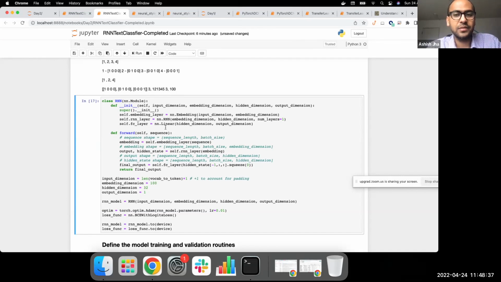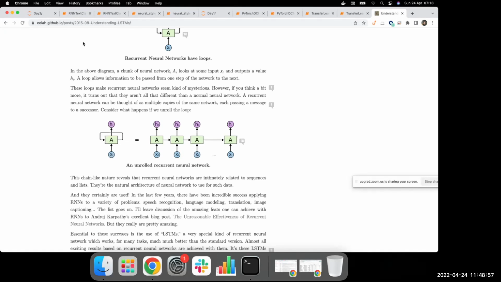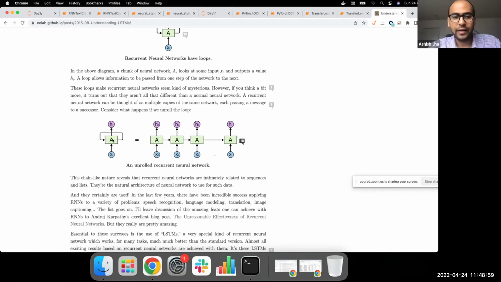The plain RNN is not able to catch long sequences. Firstly, I really strongly recommend going through this post. This is perhaps the best resource to understand RNN to LSTM. By plain RNN, I mean the simple, vanilla RNN, like the one you are seeing here right now.